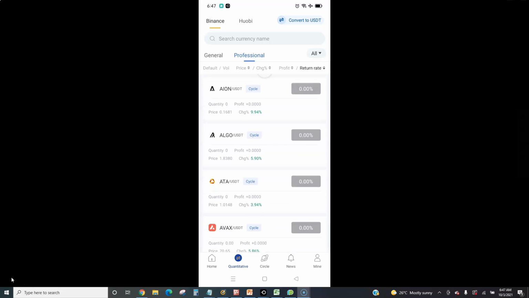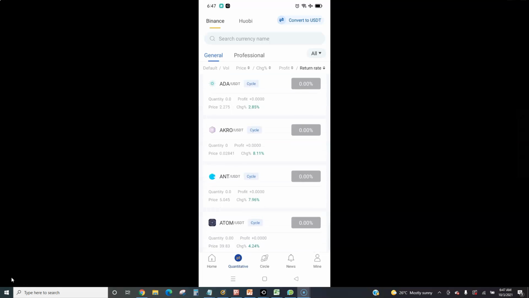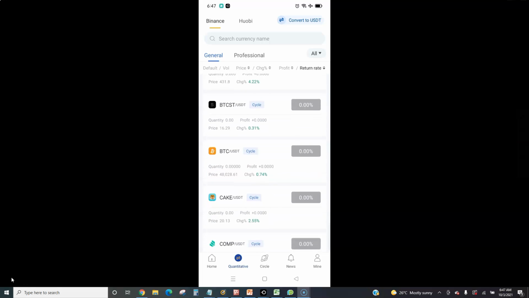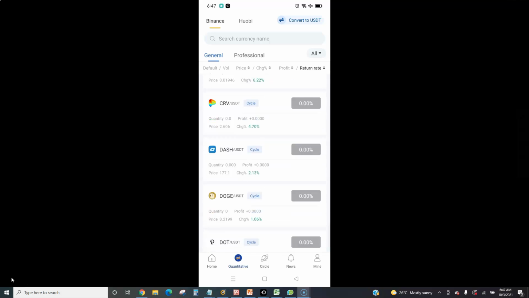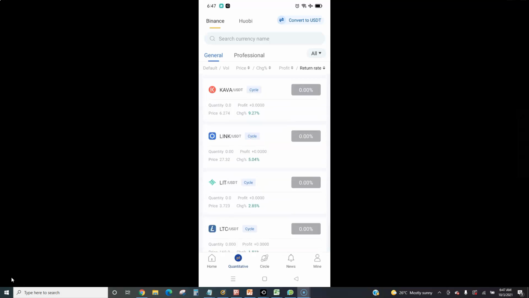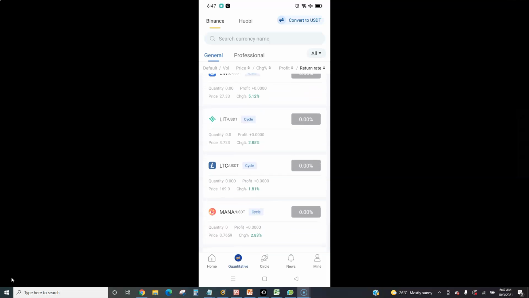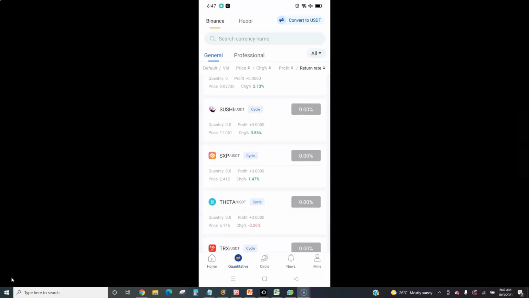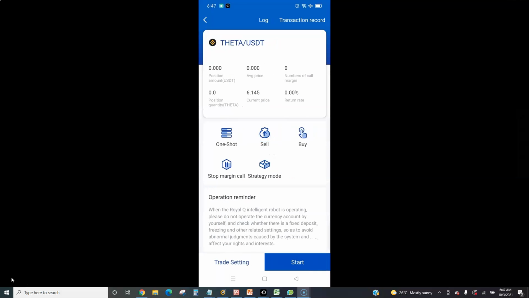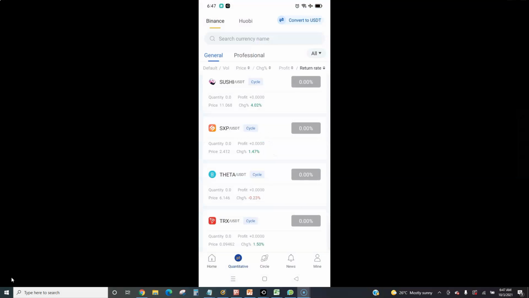Everyone is green. So in the situation whereby we see it like this, that everyone is green, the best coin that you will go for, let's say you are trading one coin, the best coin that you will go for here, based on what we searched, will be Theta. It's going to be Theta, because we've searched, we didn't see any other one than Theta. Based on the formula that we should follow, it's going to be Theta.